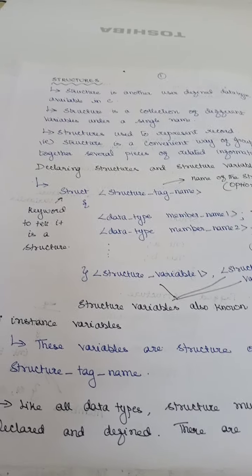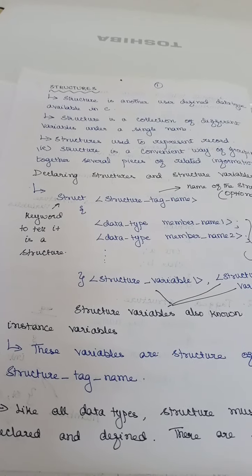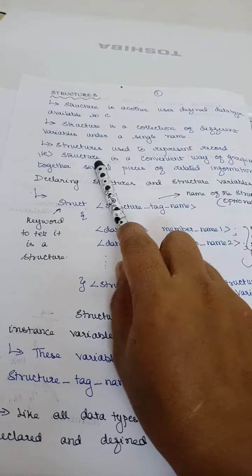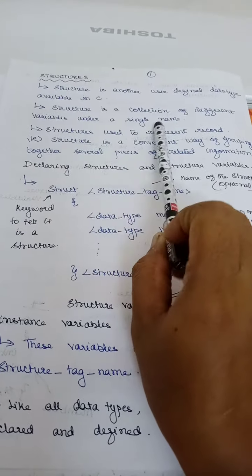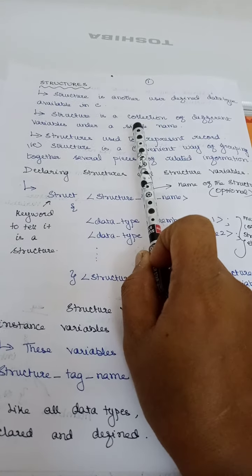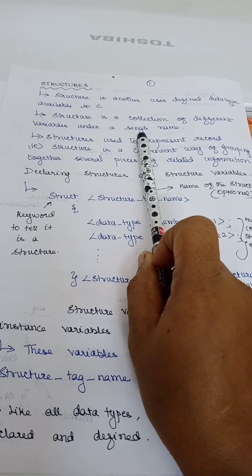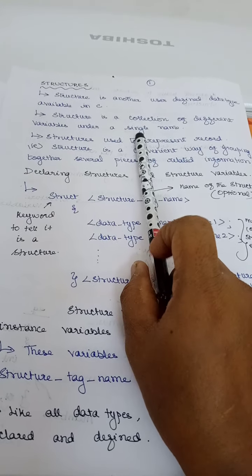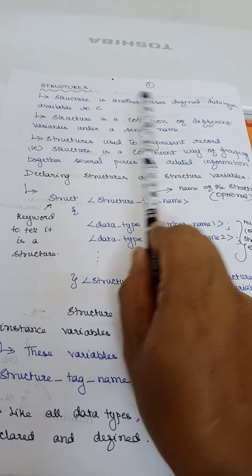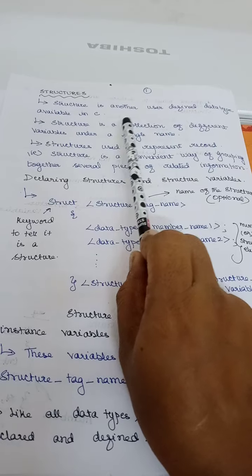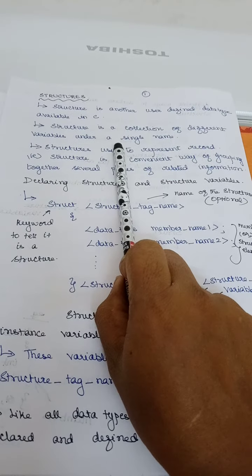So we can go for another user defined data type called structure. What is this structure? Structure is a collection of different variables under a single name. Like an array also has a single name, structure is also going to have one name, but here all the elements are going to be of different types. So I can call it a collection of heterogeneous data items.